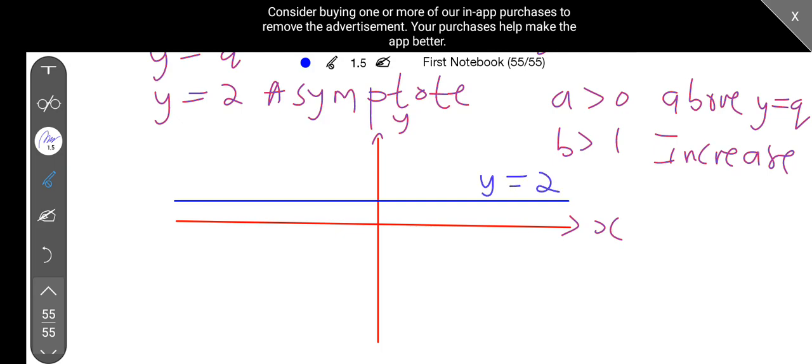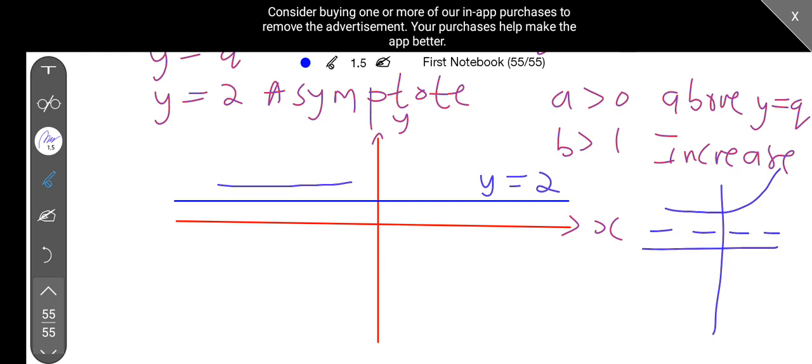It's the horizontal asymptote. So without even drawing this graph, we know that our graph is going to look like this. It's going to be above the asymptote and it's going to be an increasing function. So you can just say the graph will look like this, and you'll be correct,